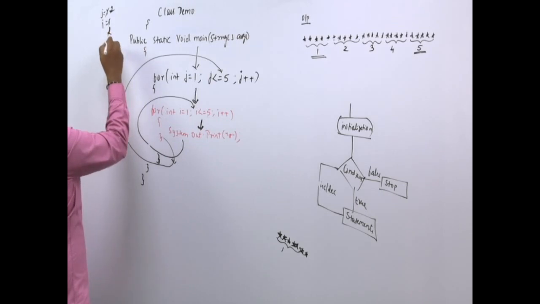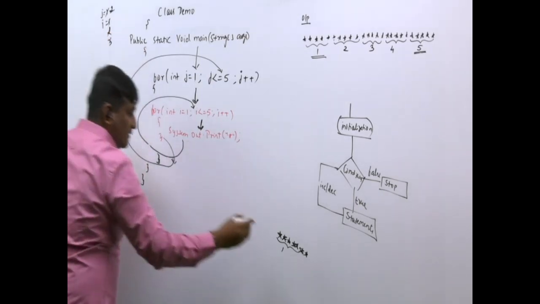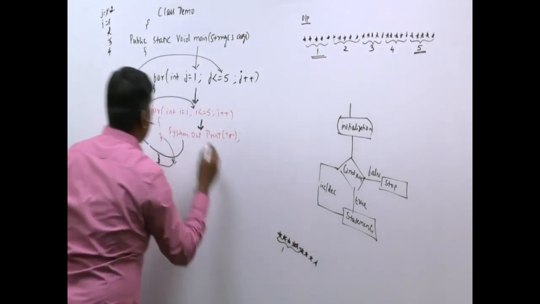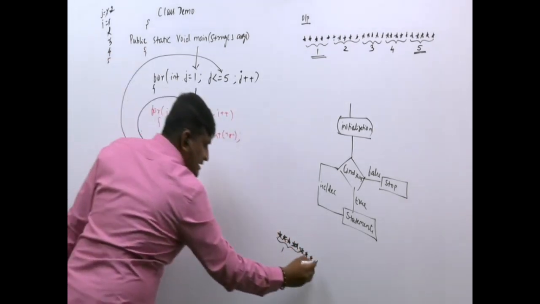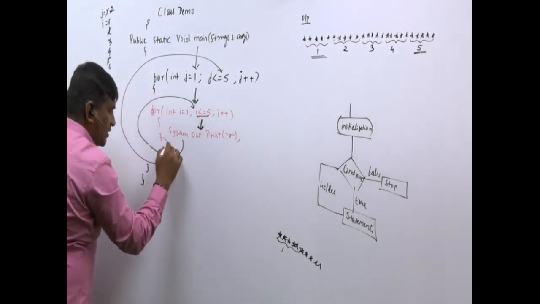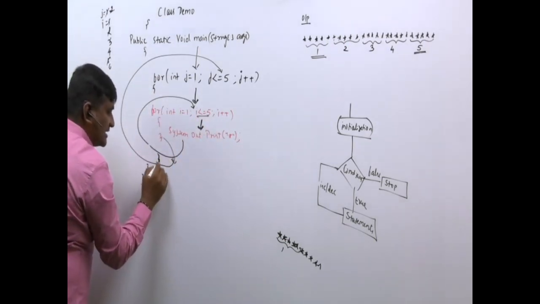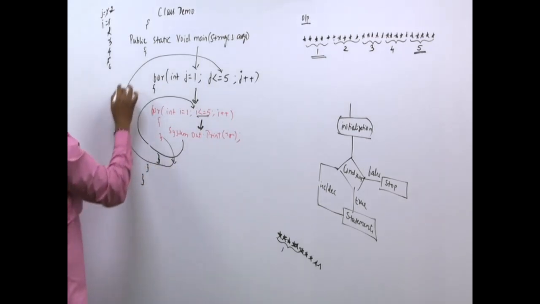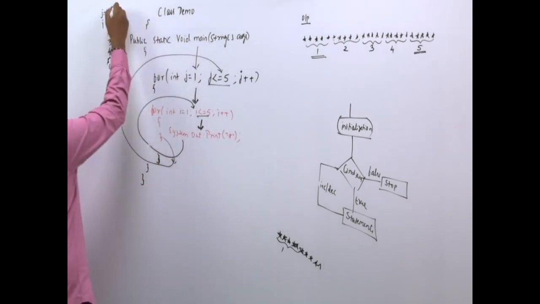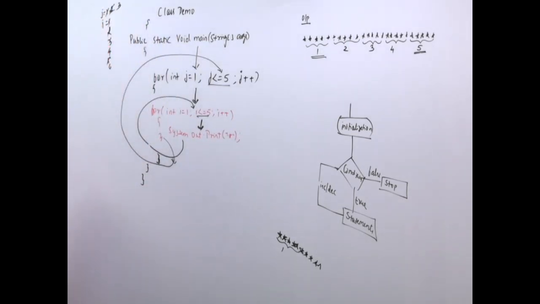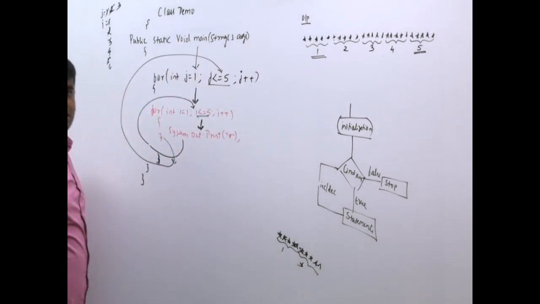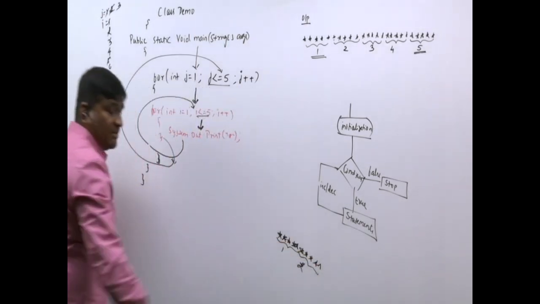I becomes 3. Next it will print. Increment 4. It will print star. Increment 5. Print star, and finally when it becomes 6, condition fails. From here the control will come outside. This is the last line of the outer for loop. From here the control will go back and check the condition of this, but before checking the condition, j gets incremented. J will get incremented to what? 3. See here, second time 5 stars printed.